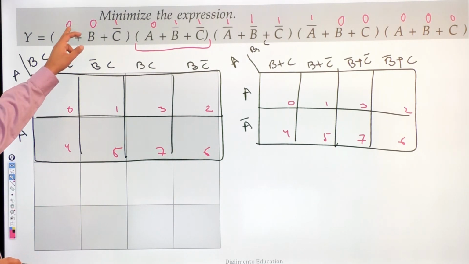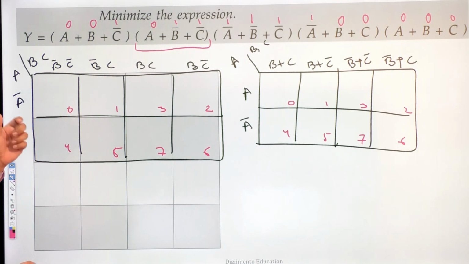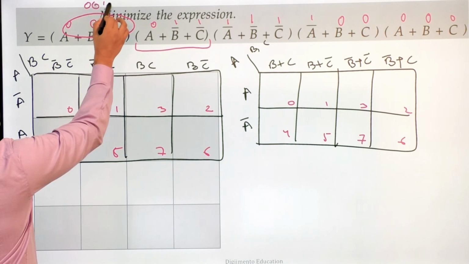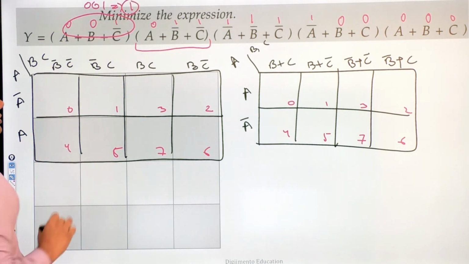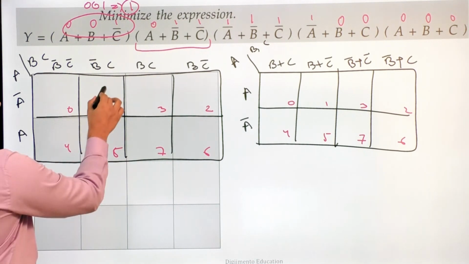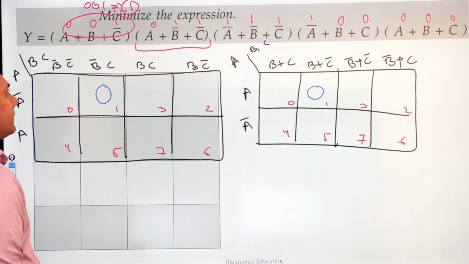So this combination is representing 0, 0, 1. 0, 0, 1 means we have a term which is 1. इसकी जो value है, this value is 0, 0, 1. So 0, 0, 1 in decimal is only 1. ठीक है, that means here on the location 1, here we are going to have a value 0. तो यहाँ पर आपके पास value 0 है. You can also represent the same here. आप यहाँ पर भी इसको represent कर सकते हैं.